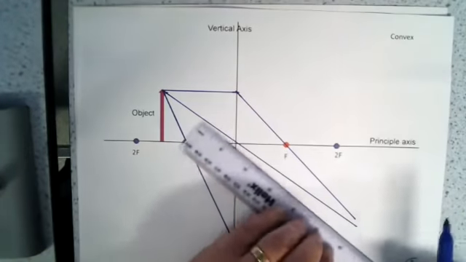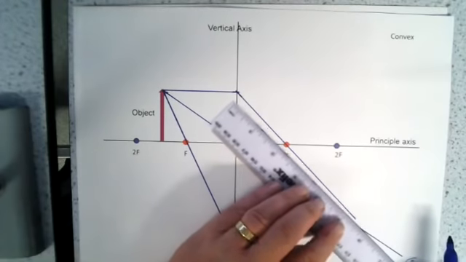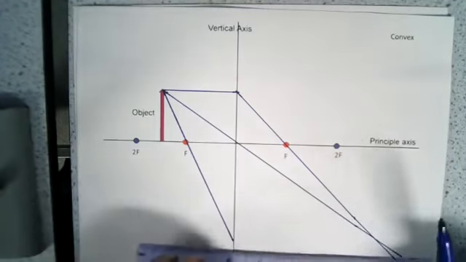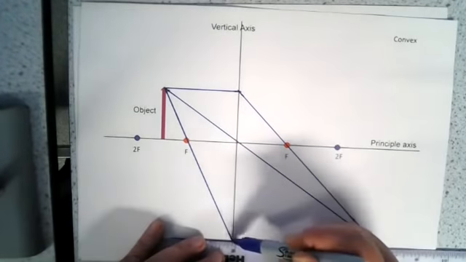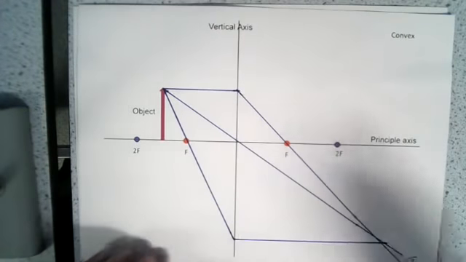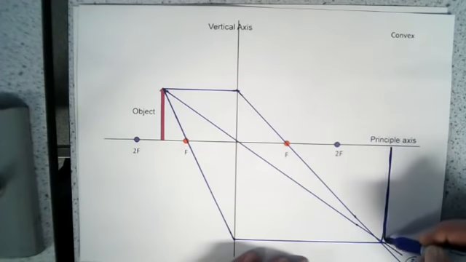Okay, might not have made my lines long enough. Always the case. Always make your lines much longer, because again, if you have to add to them, it can lead to a bit of error. I've not got those exactly right. That's not going through the center there. That's not quite. But my image